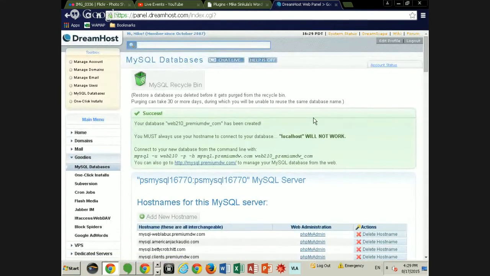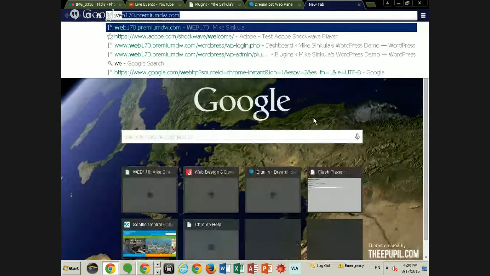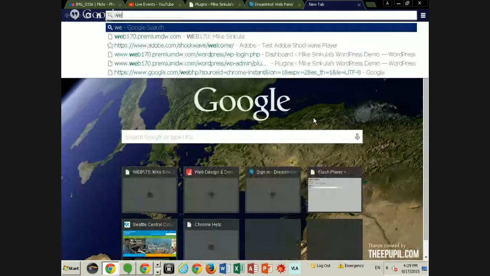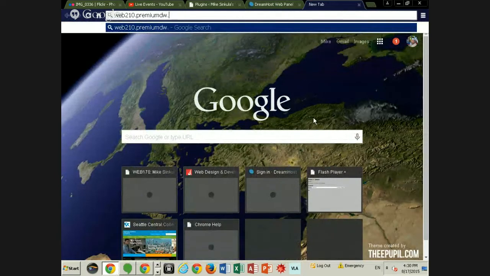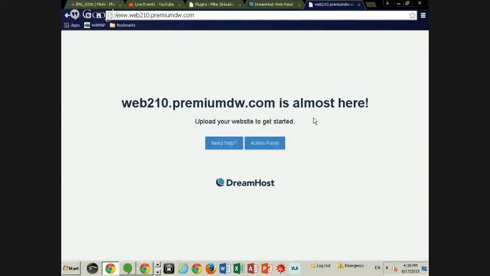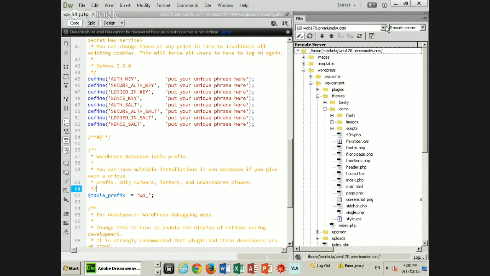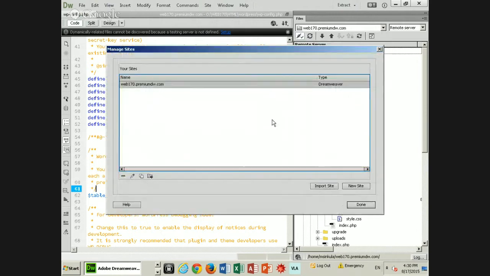So if I then go to WEB210.premiumdw.com, yeah, it's almost there, right? In other words, I have now set up the domain space to put the site. So what I'm going to do then is go back to Dreamweaver here, and I am going to go to Manage Sites,